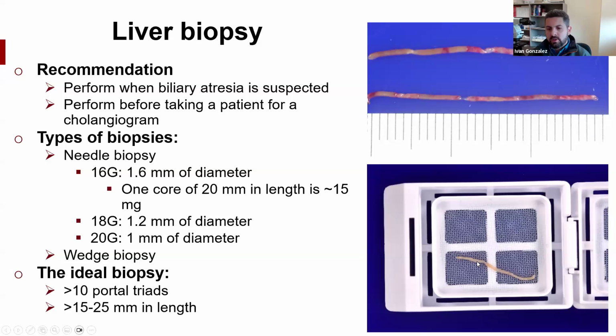I'm showing this photo here. There are multiple ways you can gross these cases. You can use your mesh cassette. Here at IU, we don't use the mesh cassette. We just wrap it in tinfoil, basically wrapping paper. My only advice would be never use sponges, because if you use sponges with a liver core, you're going to have a lot of artifact, and that will look really bad on histology. So you don't want to use sponges. That's the main point of having that photo there.